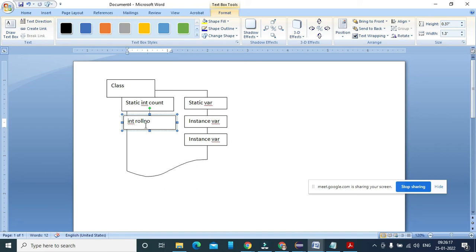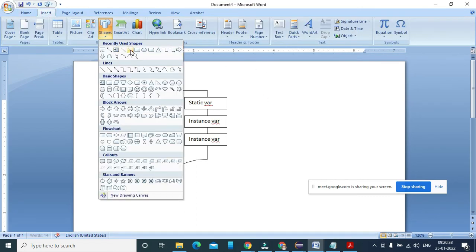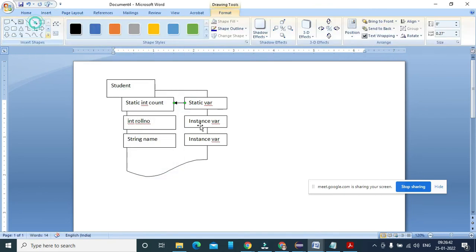And another variable I'm declaring here as an int roll number. And another variable as a string name here. So I'm going to collect the student roll number and name, and this is a class called Student here. So what is the actual use of the static variable and the instance variable? Understand this difference.